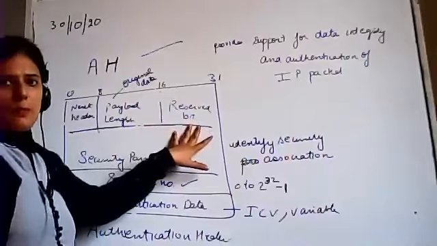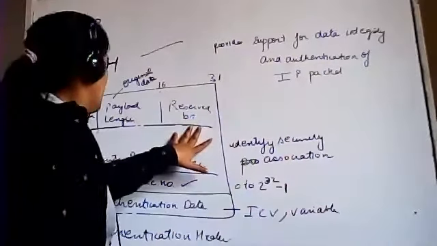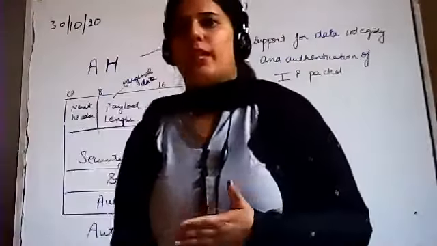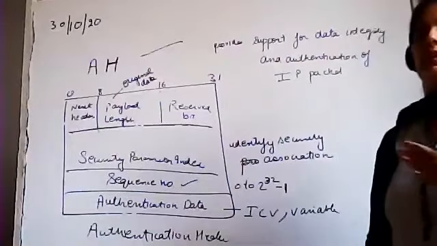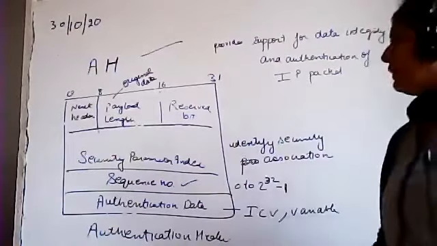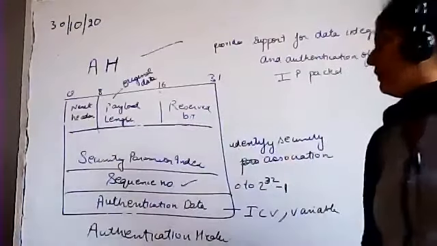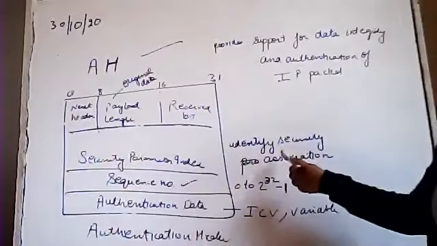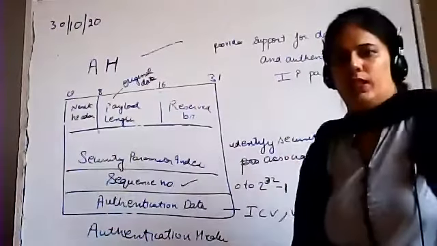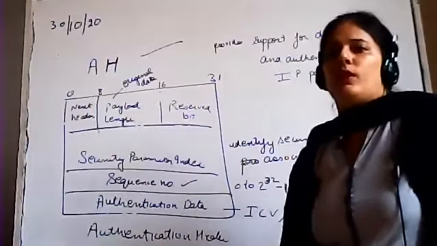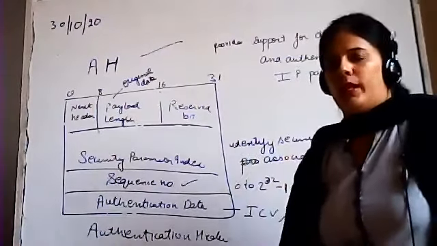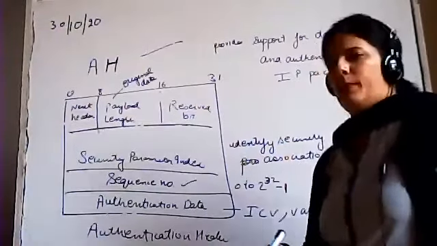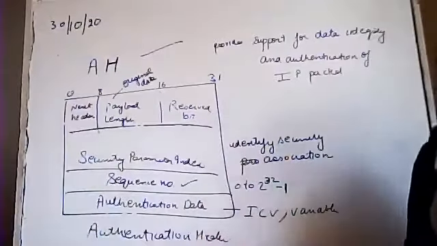We have the reserved bits component, which is again 16 bits of data. We have reserved some bits for future use, in case we want to add something, at that time we can use this reserved bit concept. Next is the security parameter index that will identify what type of security association you have. Which mode you are using, what protocol you are using, what type of security you are providing. All those parameters we discussed in the previous topic will be followed in this security parameter index.